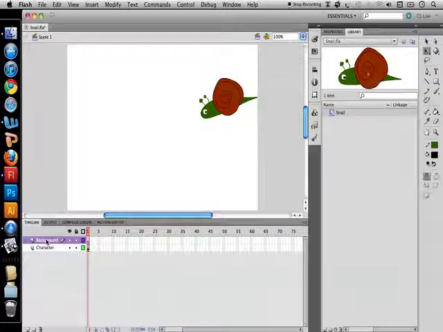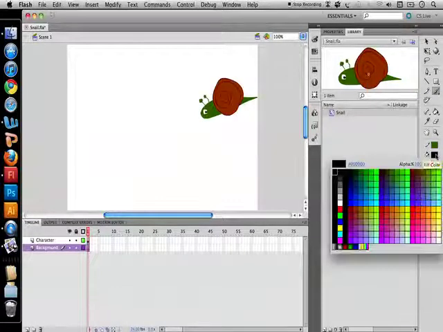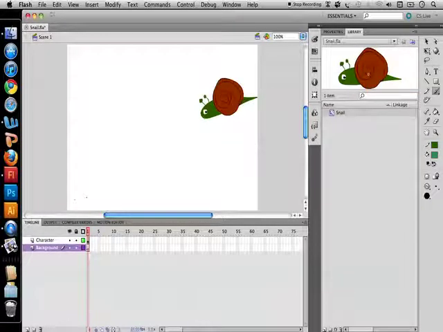You may notice that the background is above the character, so I'm going to click and just drag it down below, because you want the background to be at the back of the character. I'm going to pick up my selection tool. I'm going to change the fill to a lightish dull green and I'm going to draw